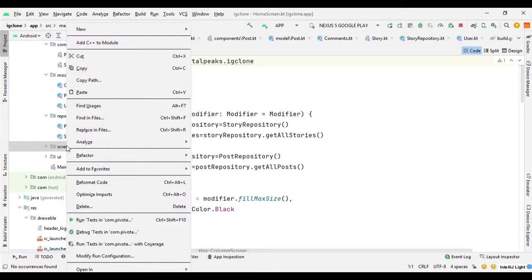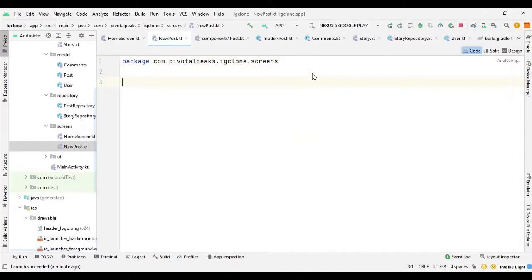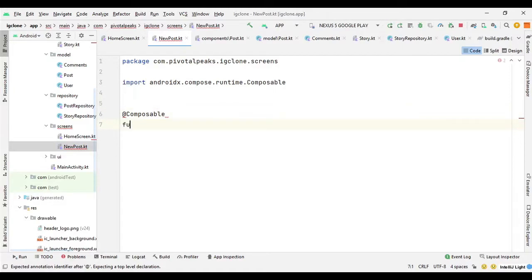Then I will create a new post Kotlin file in the same folder. So we will say new post. Let's create it. Let's create a new composable function. So @Composable function NewPost.